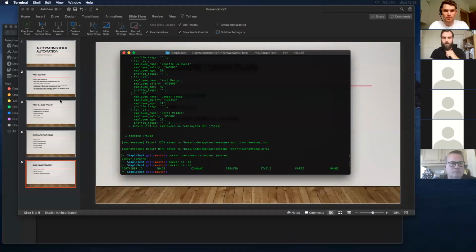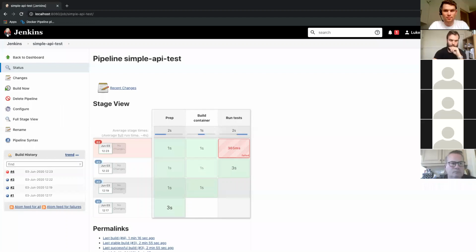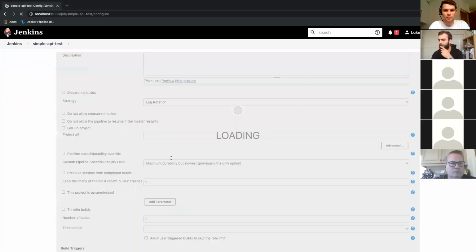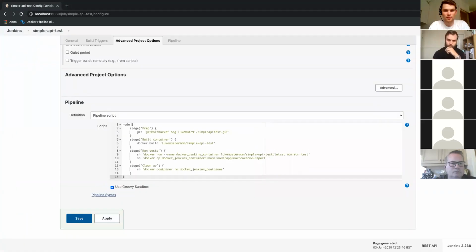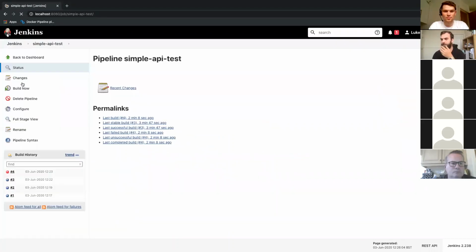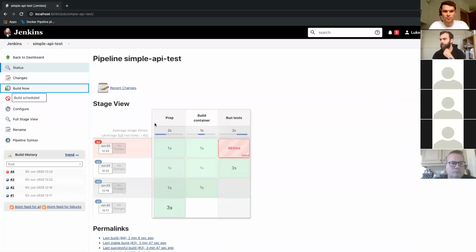There we go. So now, yeah, we are removing the containers at the end of each time as well. So we should be able to build that.